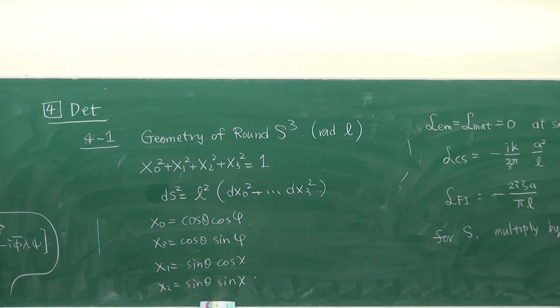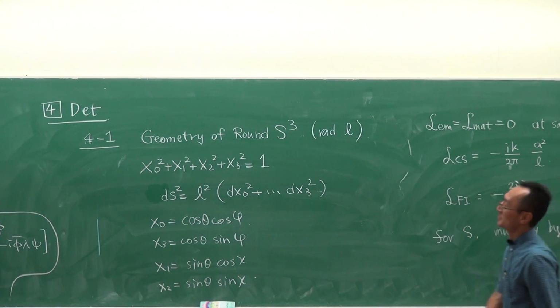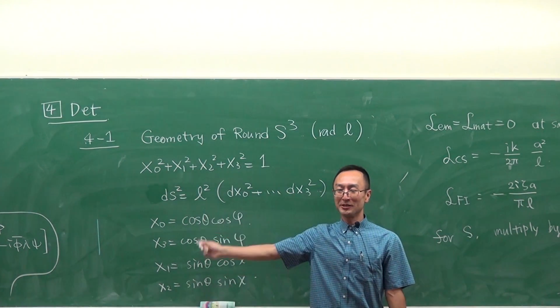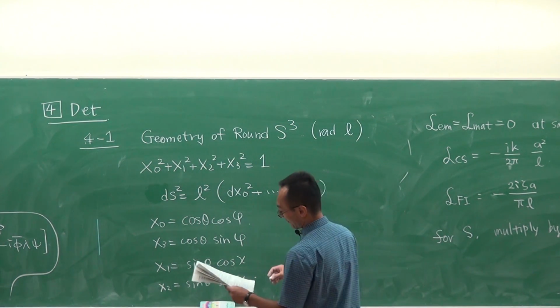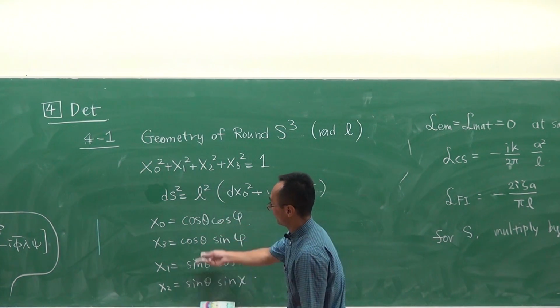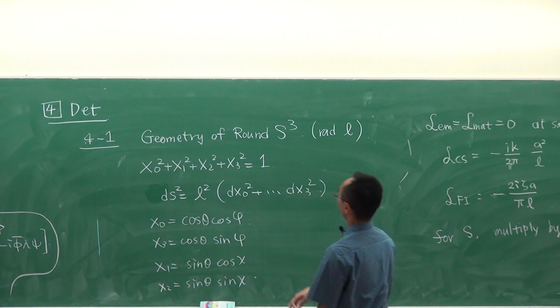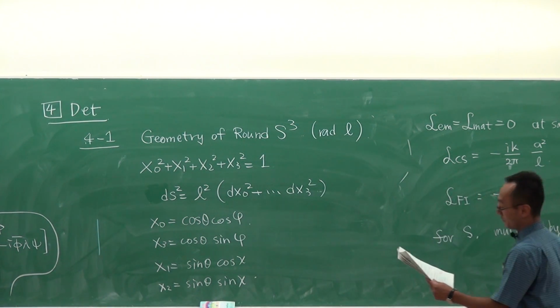I introduced theta and phi and chi. Okay, and this equation is automatically satisfied by this parameterization. And then if I plug this definition into this Riemann metric, what I will get is,